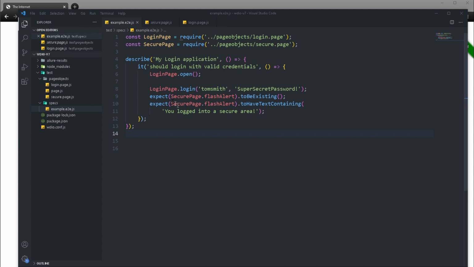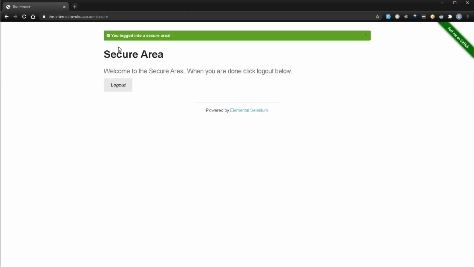Alright, so with this test, we were able to actually log in and we made sure that we are in the secure area. So let's go ahead and actually try to log out and make sure that we are successfully logged out. I'm going to go back to Chrome, and here we actually logged in, so we were able to complete this much. We were logged in, and then what I will do is try to log out. I will click on the logout button. Then I will make sure that this text says that you have logged out of the secure area.